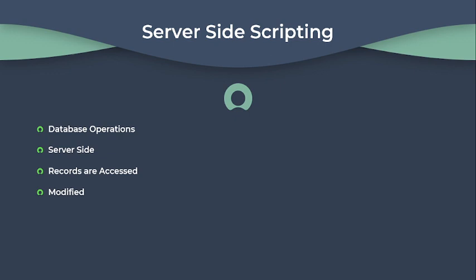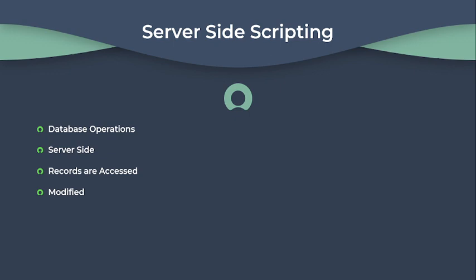Server-side scripts are used in script includes, business rules, scripted REST APIs, scheduled jobs, and access controls. These are all places where we can utilize server-side scripting. Script includes are reusable server-side JavaScript objects that encapsulate server-side logic and functionality. They allow users to organize centralized common server-side code for easier maintenance and reuse across multiple scripts and applications.